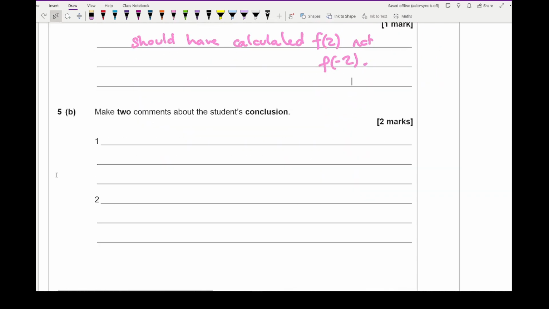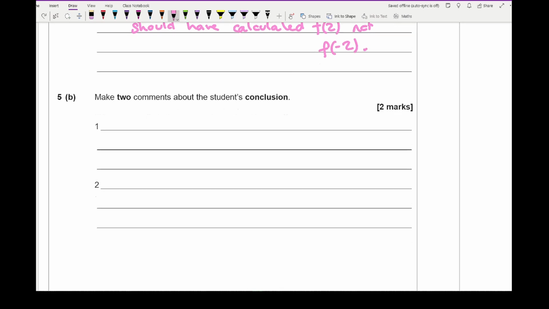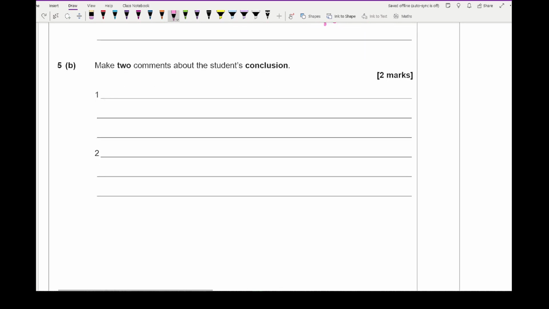Then for part B, it says make 2 comments about the student's conclusions. So again, your wording might be slightly different to what I'm saying. If it is slightly different, you may want to check with the official mark scheme to see if you do get this correct. But for this, what you want to do is to state something along the lines of that they don't know whether,